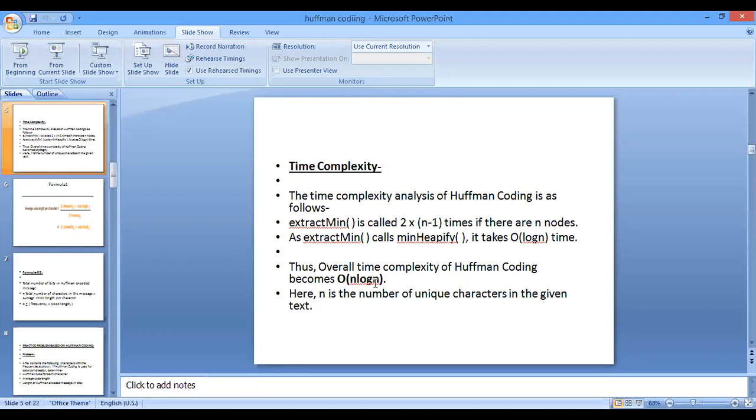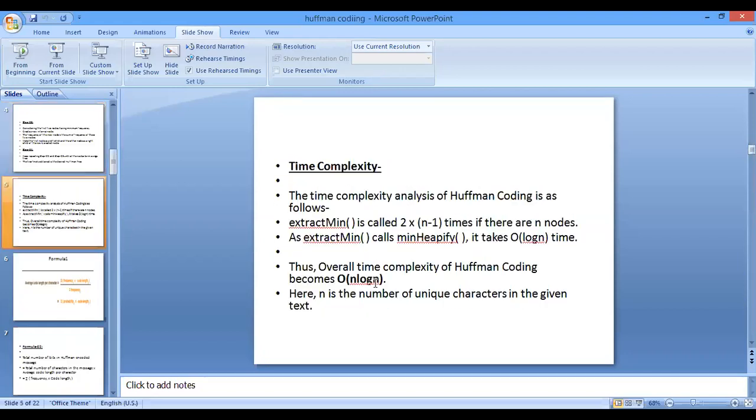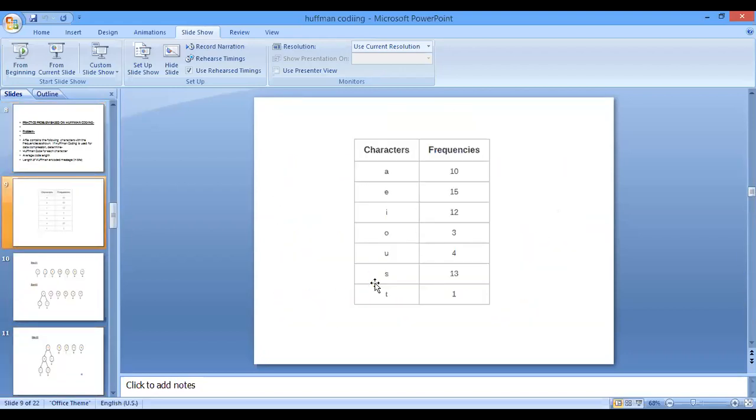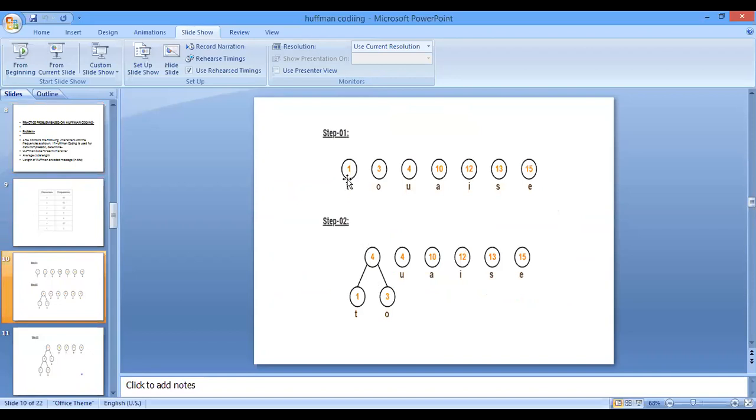Again, let's see what we have. The tree we have is this one, right? So this tree is a heap tree, and if we extract the minimum number from this tree, it will take log n time.